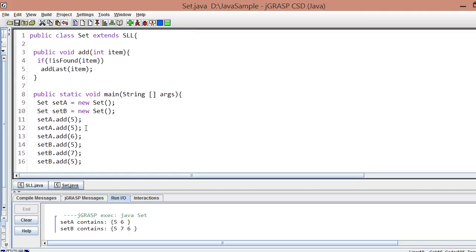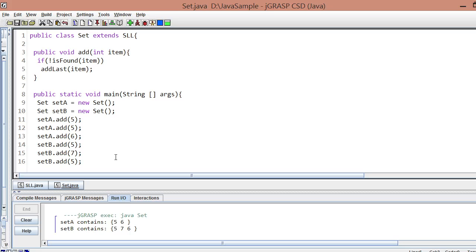Now, let's do the union of two sets. When we say union, that's the elements of set A and set B, because we have two sets now. If we use the set operation union, the elements shown when we print the union of set A and set B should be the elements of set A and the elements of set B. Take note, we should omit the duplication.